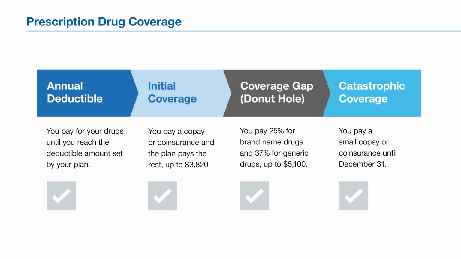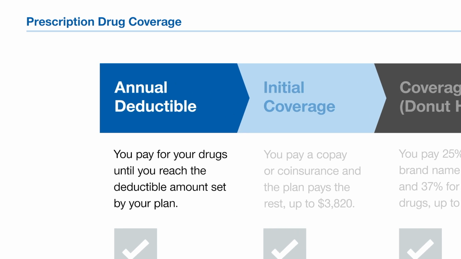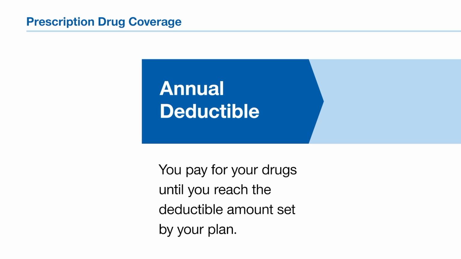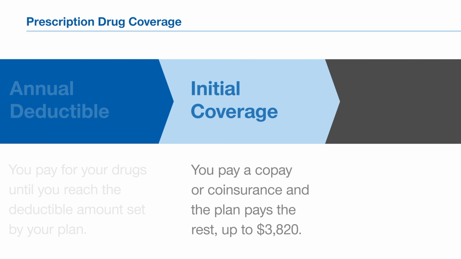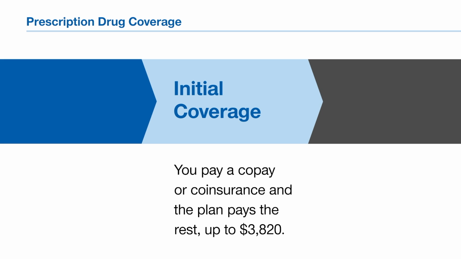Most prescription drug plans have 4 payment stages. First is the annual deductible stage. During this stage, you pay for your prescription drugs until you reach your deductible amount. If your plan does not have a deductible, your coverage starts with the first prescription you fill. Next is the initial coverage stage. During this stage, you pay a copay or coinsurance and your plan pays the rest. In 2019, you stay in this stage until your total drug costs reach